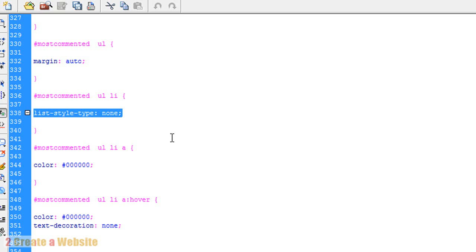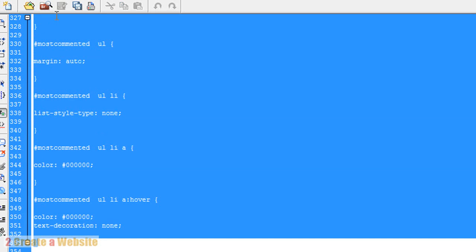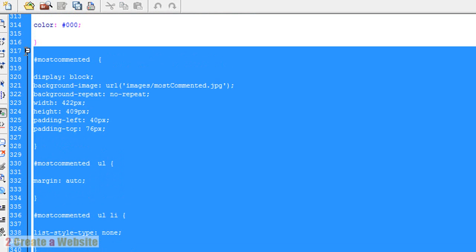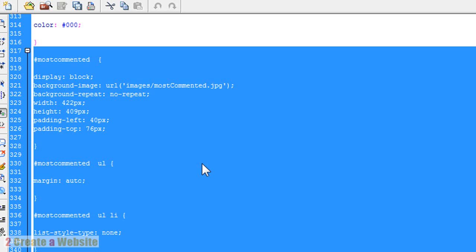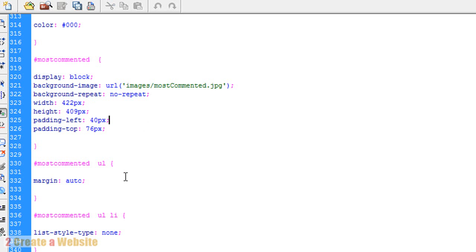Now, don't feel like you have to pick all this up in this video. I'm going to provide you all of this code, and all you have to do is change your colors, okay? So all this code here that you see here is what styles my most commented posts inside my little graphical background. So once you've done that and you've added this code to your style sheet, you then go to